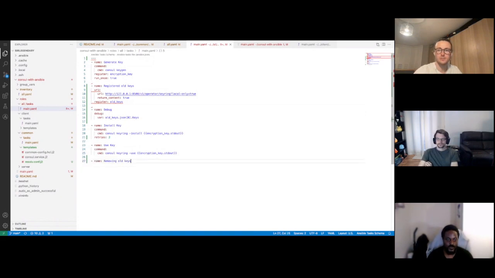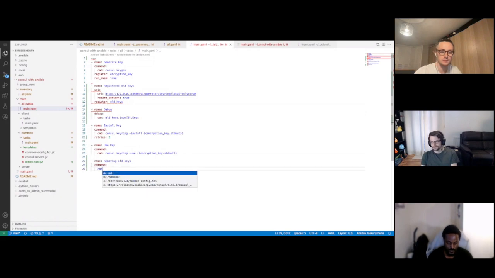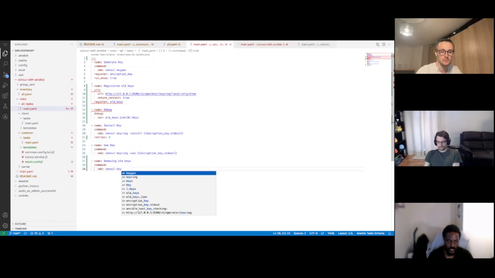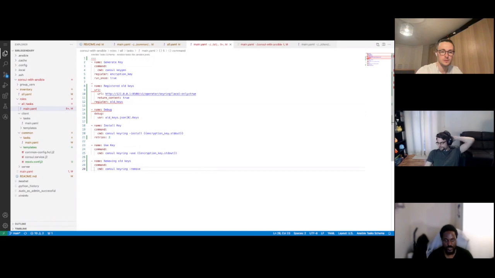So with that one, should I just say command then? Yeah, this should just be a command. Okay. I mean, we could do an API call, but command's probably better. Command, sorry, cmd. Then console keyring --remove {